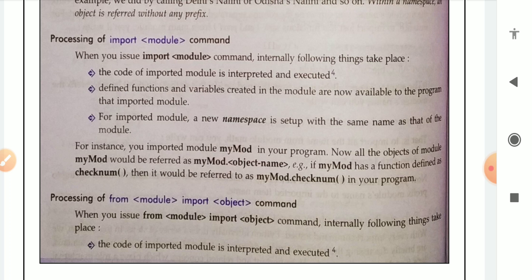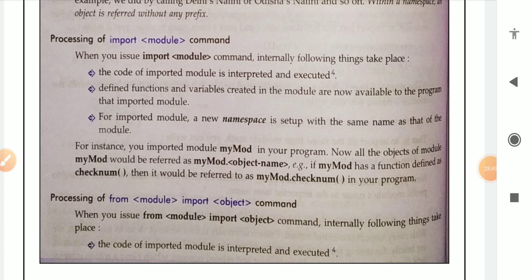Third, for the imported module, a new namespace is set up with the same name as that of the module. Python creates a namespace with the same name as the module name.